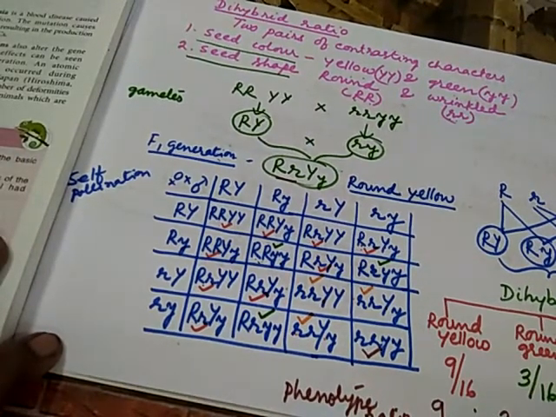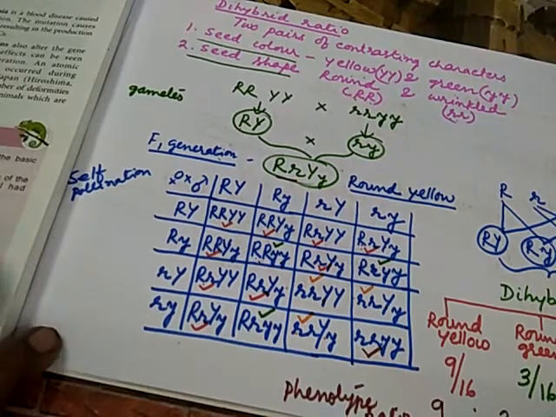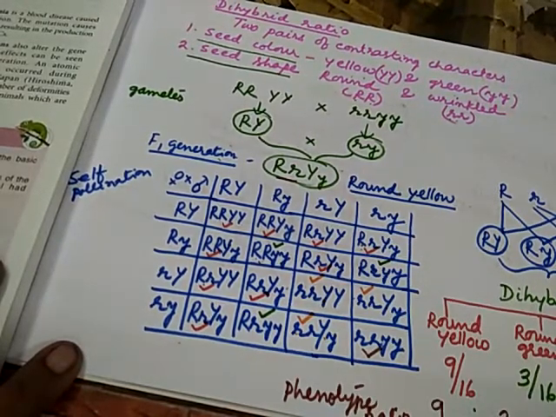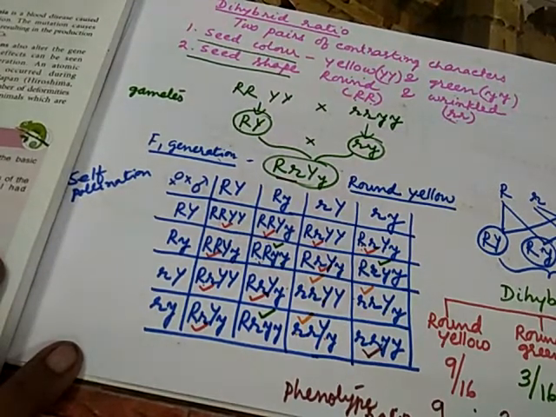And the last part of this, we will go for another concept, that is mutation. Mutation is a sudden change in one or more genes, or in the number or structure of chromosomes. So mutation changes the hereditary material of an organism's cells and results in a change in certain characters or traits. Sickle cell anemia is one example of mutation. Sickle cell anemia is a blood disease caused by gene mutation, which causes a change in DNA resulting in the production of sickle-shaped RBCs in the body.